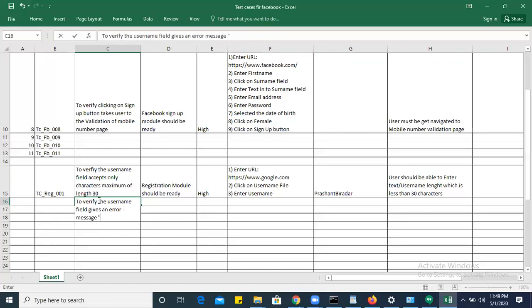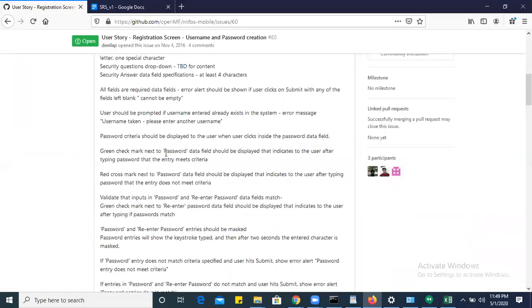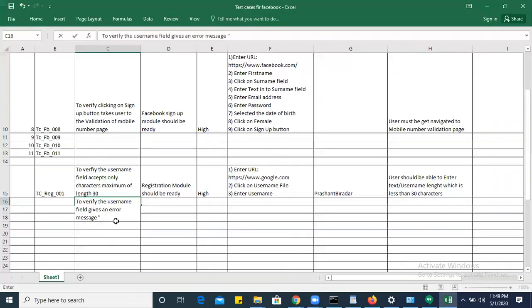That is not mentioned here in the user story, and the specification for the username is TBD, so I am assuming the message myself: enter only characters.